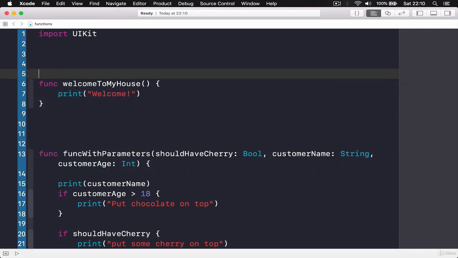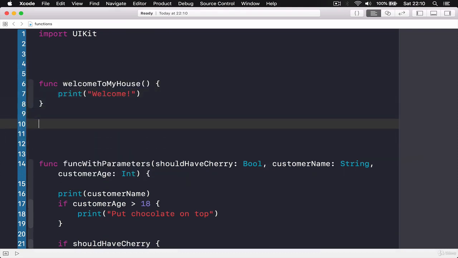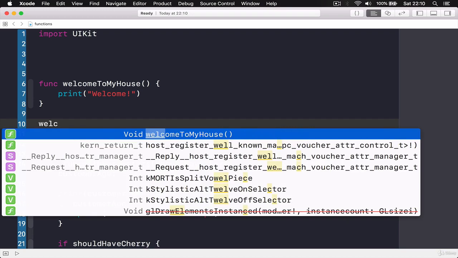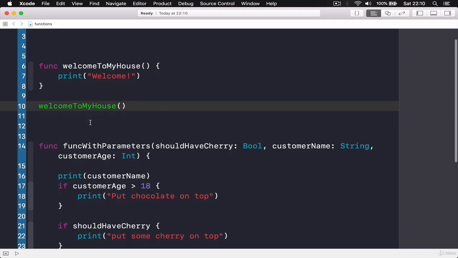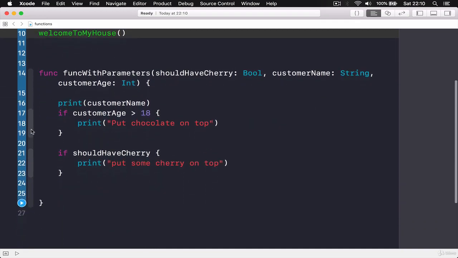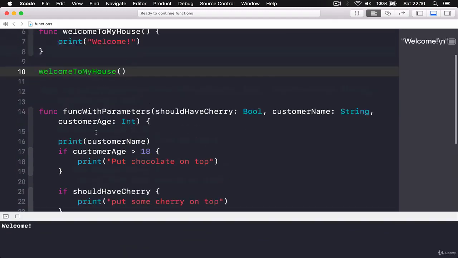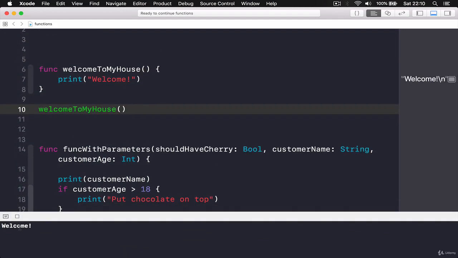If I want to call this function, I'm going to say welcome to my house, and then we put the function name, whatever it is, and open and close the parenthesis here. And if I run my code, you will see that it says welcome to